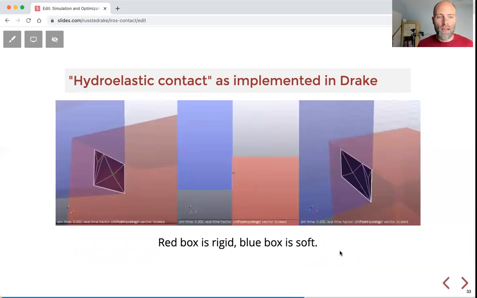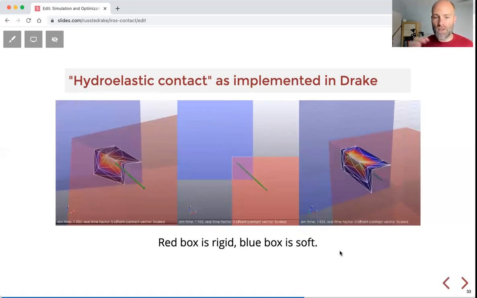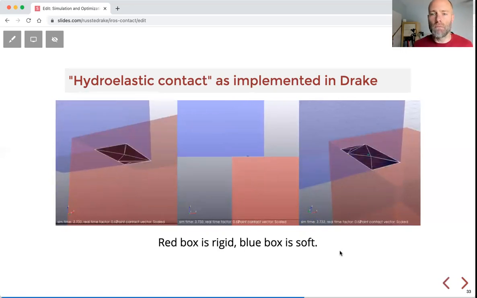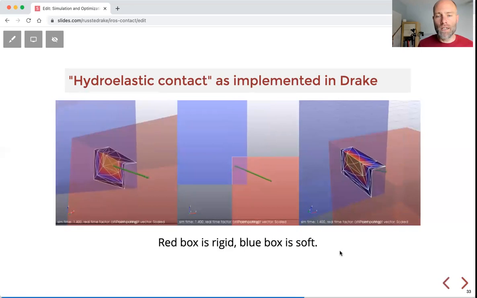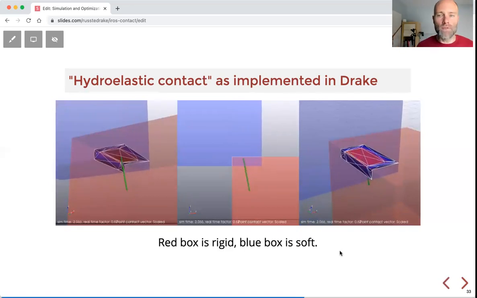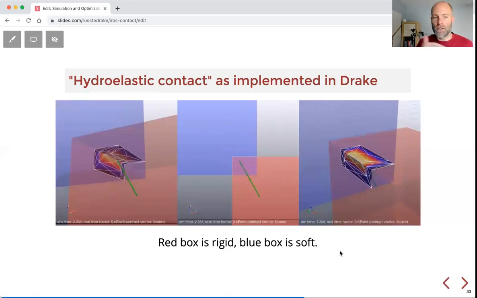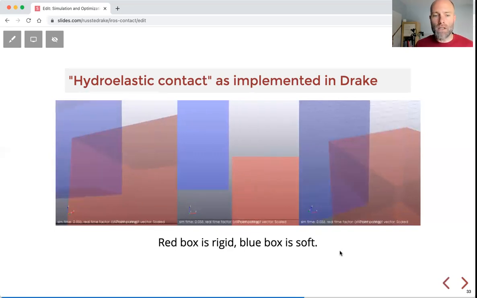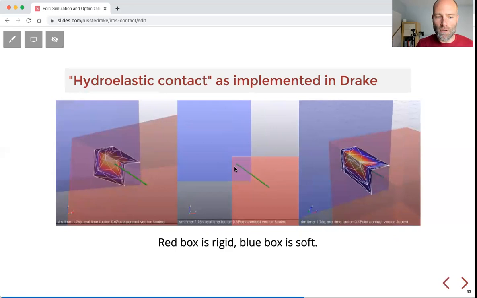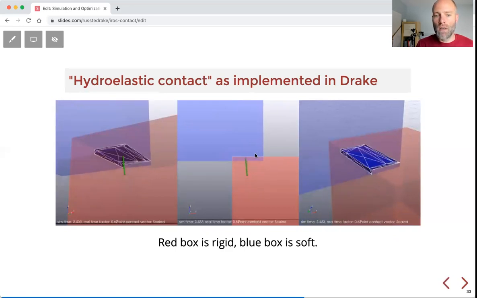So you'll see that as I drag it through, this is the case where the red box is considered to be completely rigid and the blue box is soft. So the surface of interaction that we have to calculate ends up being on the boundary of the red box. And we take an integral over this real-time computed mesh and we get a beautiful, stable contact force and wrench,